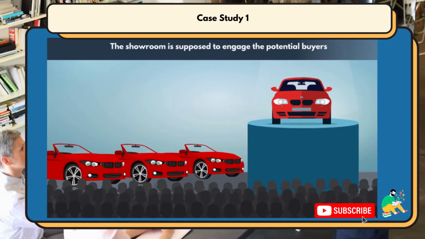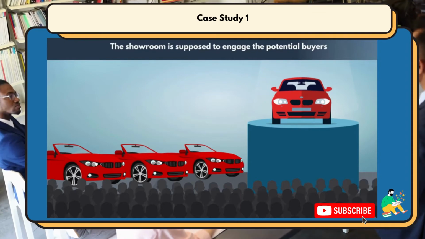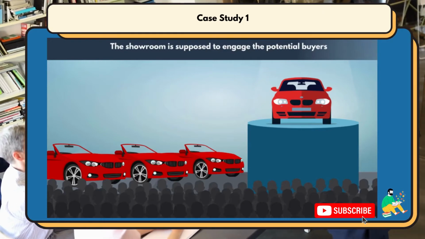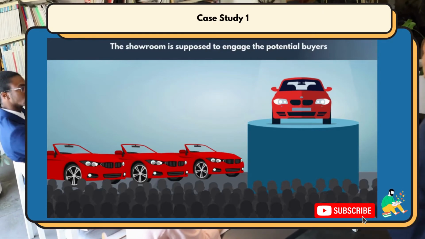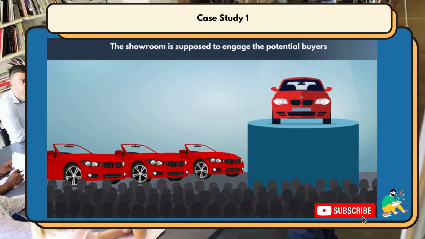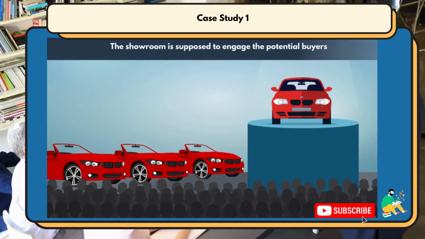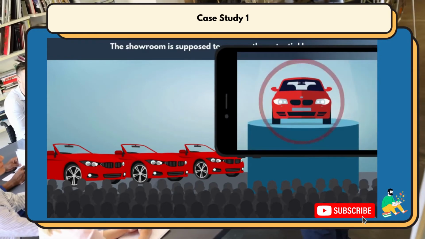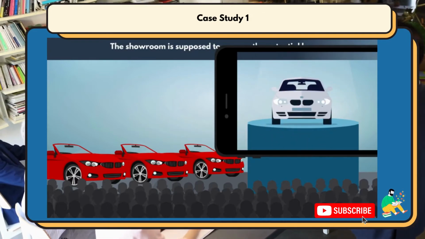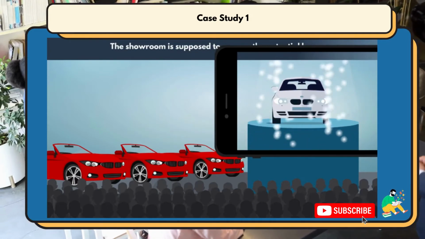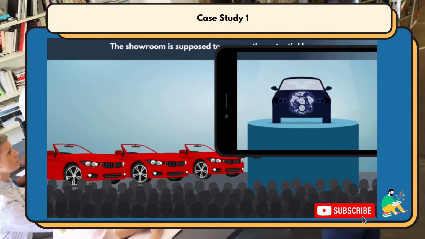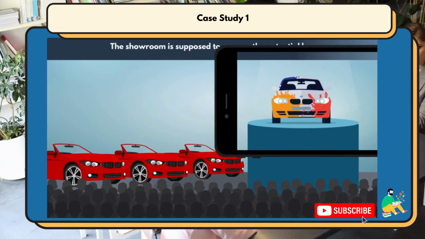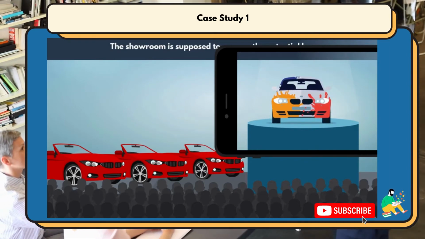The showroom is supposed to engage the potential buyers by showing them a completely new perspective of interacting with the shiny new Lamborghinis. In addition to all the cars on display, visitors will be able to play around with the Lamborghini's brand new augmented reality app running on tablets available on location. The app would use the device's cameras to automatically detect the new car models when pointed at them and would give the possibility to change the color, rims and body type of the car, or to see the engine in X-ray mode, and even to design their own custom exterior paintwork. And all of this in real time.